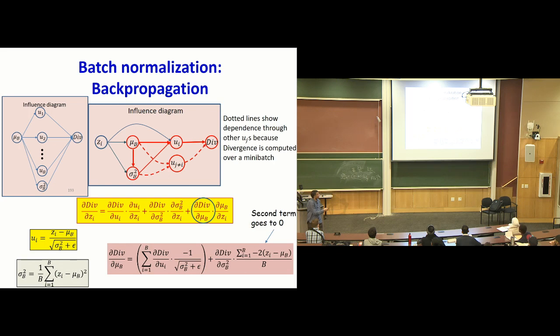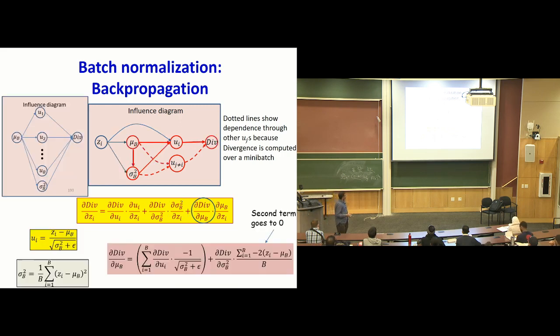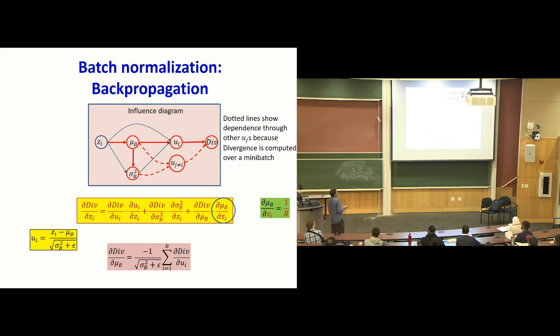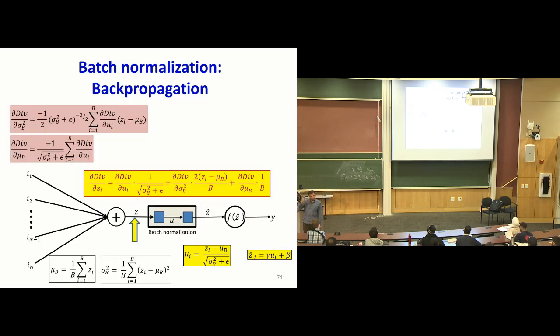It's for the same reason. That's the reason I didn't show that out here. It's the same term out here. That goes out to 0. So that actually goes away, and all that remains when you think of the derivative with respect to the mean, right? And the derivative of the mean with respect to z, of course, we know exactly how to compute. The mean is just 1 over b. We didn't look at this first term, the derivative of divergence with respect to u times the derivative of u with respect to z, again from this guy, that's just going to be 1 over the square root of the variance, right? And so when all is said and done, you have this very simple formula